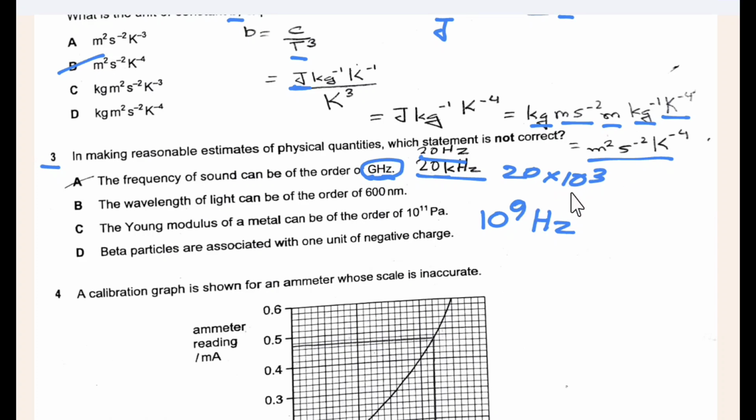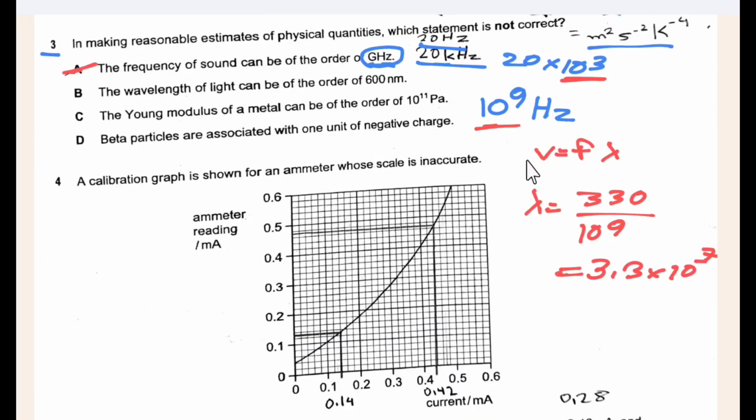So if we compare, 10 to the power 9 is much higher than 10 to the power 3, therefore it would not be a reasonable estimate of the frequency of sound. Or if we discuss it deeply, then V is equal to F lambda, and lambda would be V by F, and since it is sound, it has a speed of between 300 to 350, that is 330. So it has a speed of 330 and frequency is gigahertz, that means 10 to the power 9 hertz. After substituting the values, we get the wavelength as 3.3 into 10 to the power -7, and